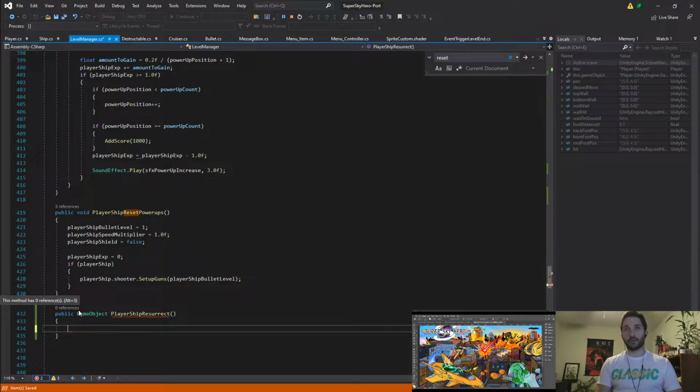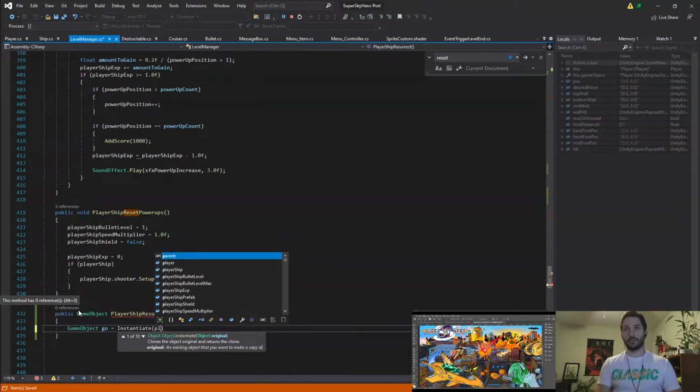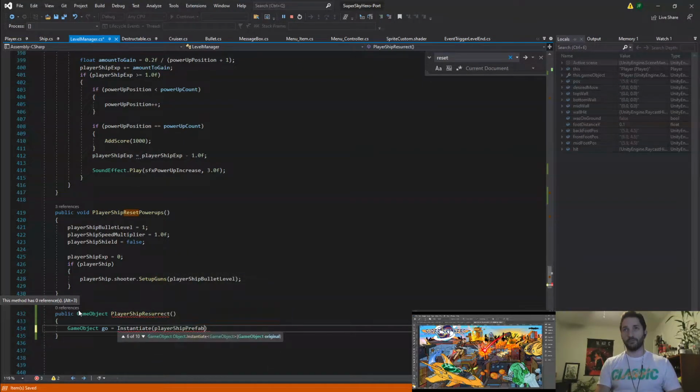Or I can just set that to, or no. Game object that equals instantiate player ship prefab. This will be